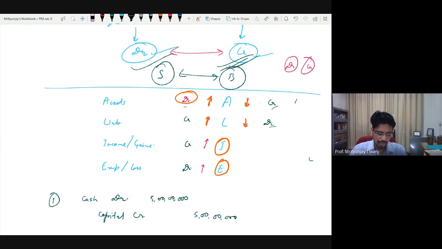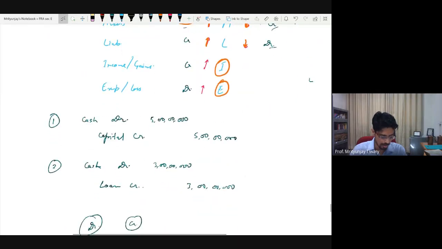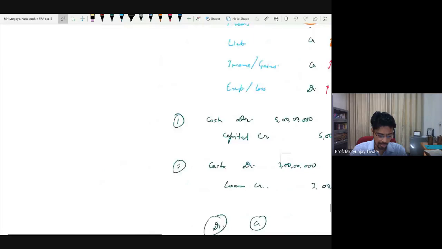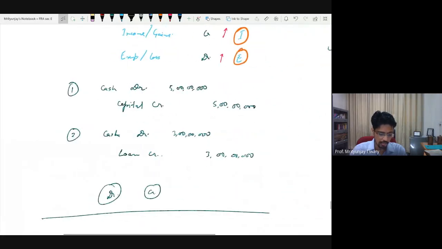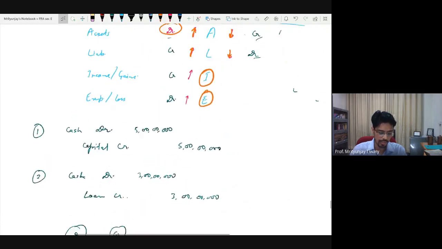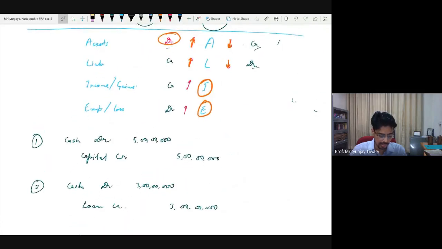Now, once we know what we are going to call a debit or a credit, we can go ahead and do something that is called a journal entry. So this is what we started. We started passing our journal entries, and what is the rule we followed? We looked at whether an asset is increasing or a liability is increasing, or what is happening among these 8 combinations. So these are the illustrations we saw.